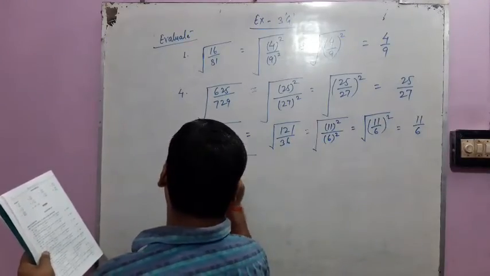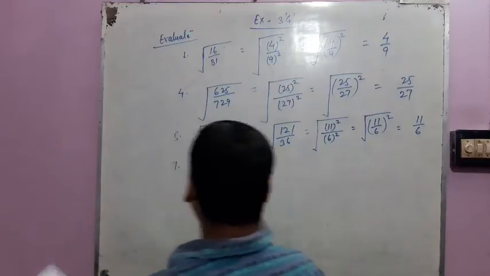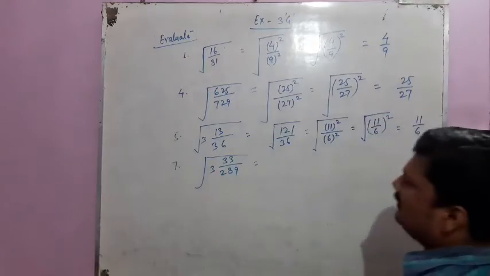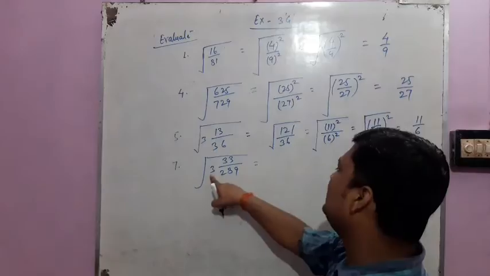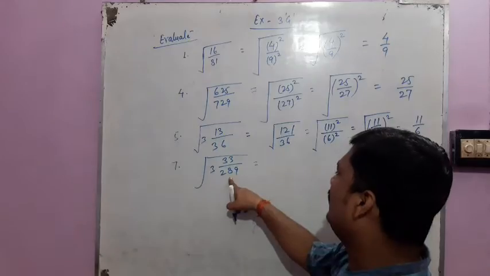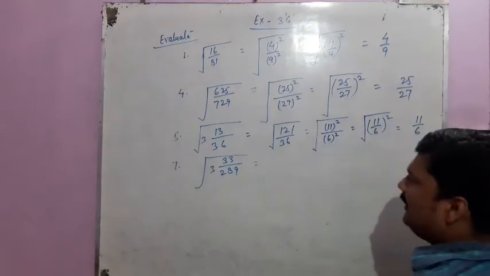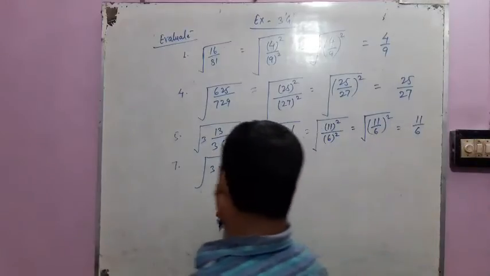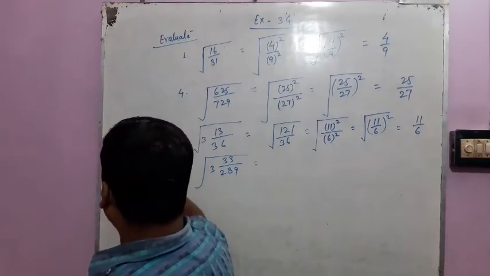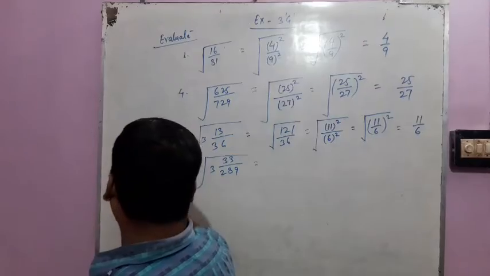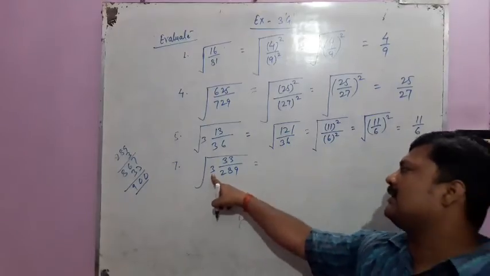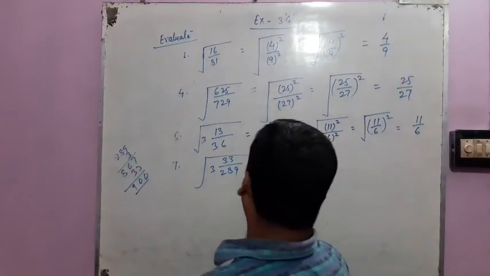3 into 33 by 289. Then we have to find the square root of 3 whole 33 by 289. When you are solving it, 289 times 3 is 867. And now we have to add the 33 here, so 867 and 33 when added, you will get here 900 by 289.